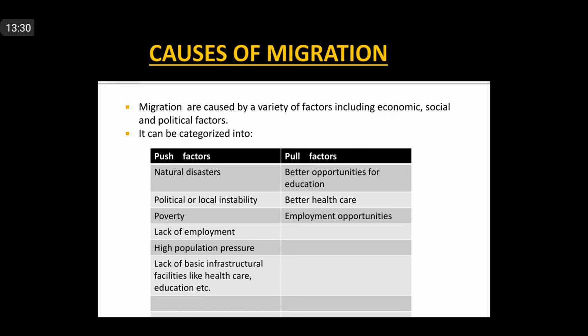Political instability, what happens here? If there is a change in the government, or some kind of political unrest takes place, it directly disturbs the market activities and decreases economic growth. So it has an adverse effect on productivity. So people sometimes leave their place of birth, or leave their state where they were earning, and go for work or employment to some other states or places.